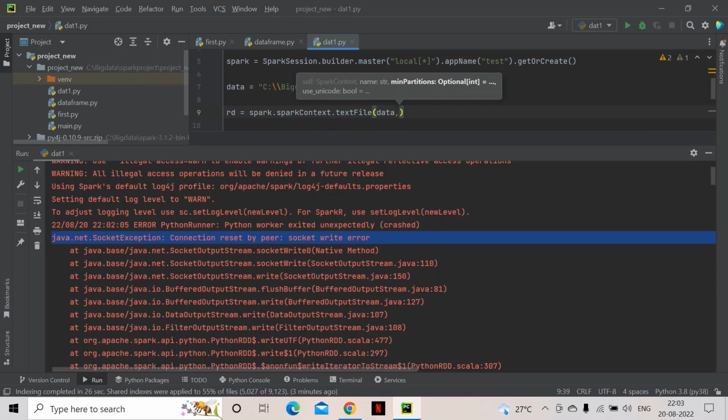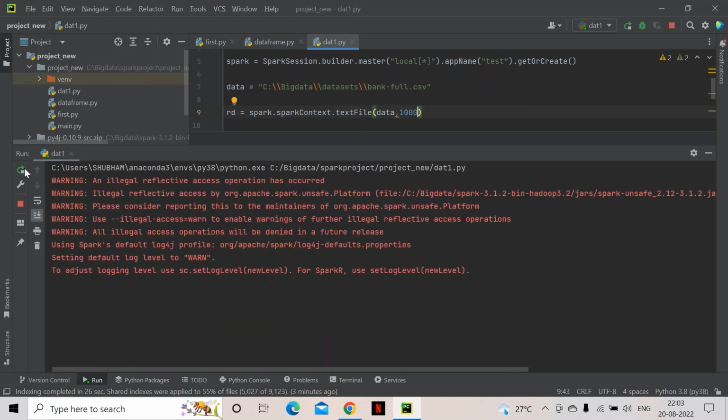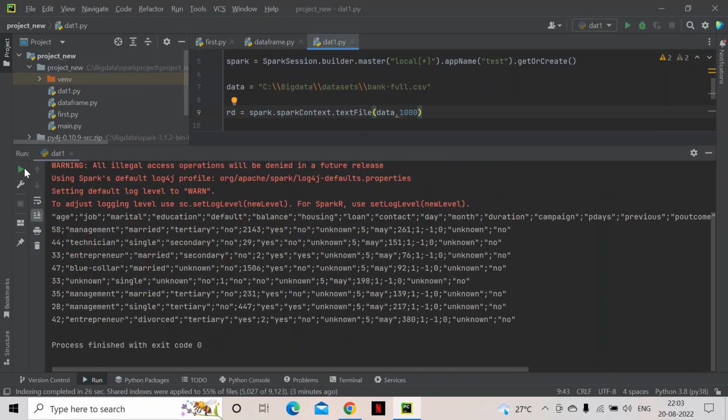Above, it is highlighted: min partitions. If I increase it to 1000 partitions, what happens? At that time, very small partitions are created, and Spark is able to process them very easily. That's the main reason: either you are using very large data or you have a very small amount of memory. Now please check, everything you are able to read.